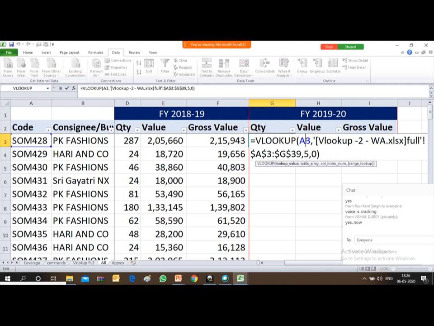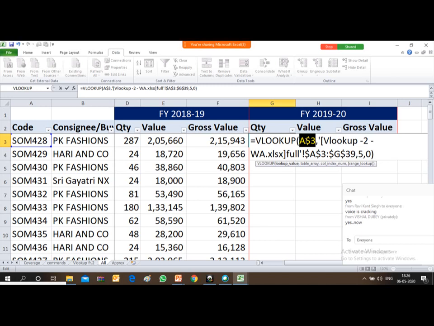So friends, you have to keep in mind that if you press the F4 function once, it freezes the cell itself. If you press F4 the next time, it freezes the row.